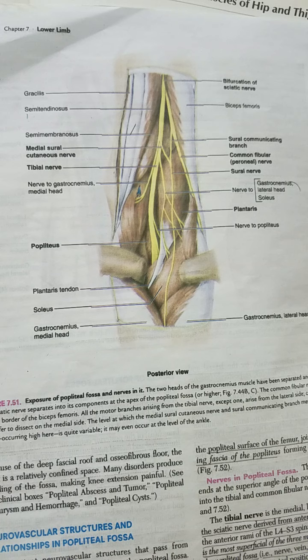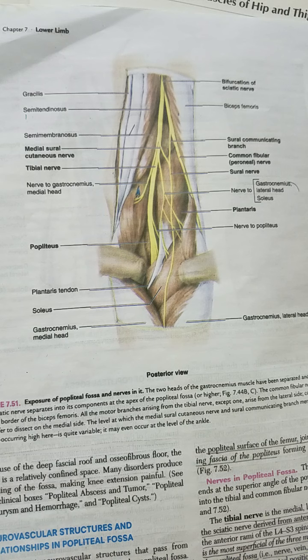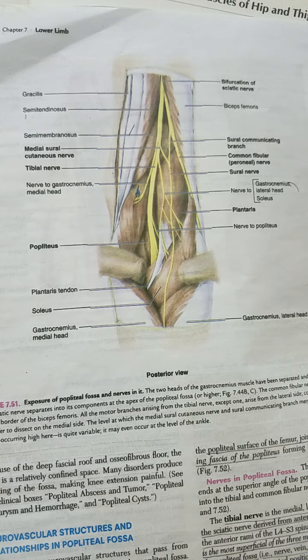And when we talk about the superficial fascia, which is present between the skin and the deep fascia, this contains the small saphenous vein. Now the small saphenous vein brings the deoxygenated blood. It's a superficial vein, and it collects blood from the lower limb, and eventually it will drain into the popliteal vein within the popliteal fossa. So it lies within the superficial fascia.